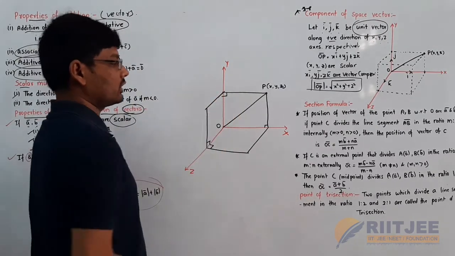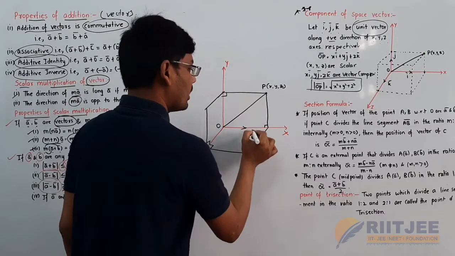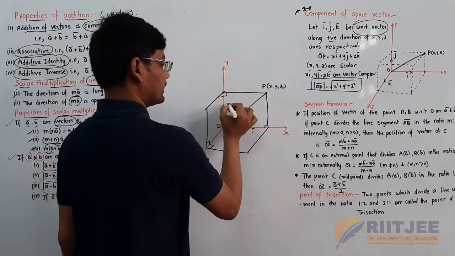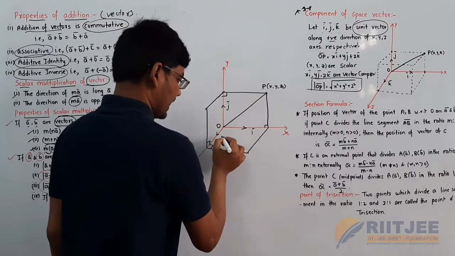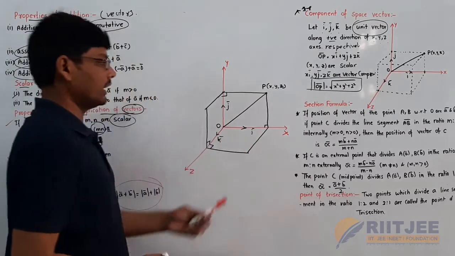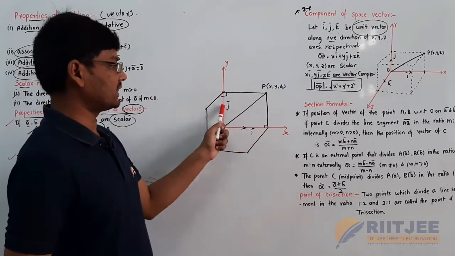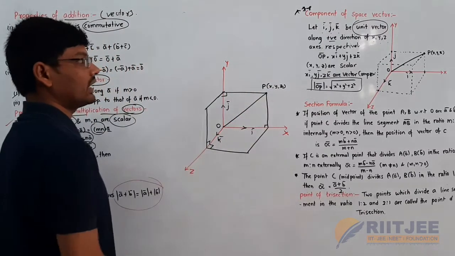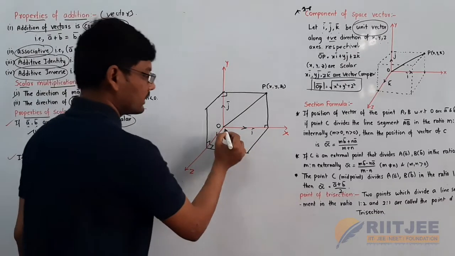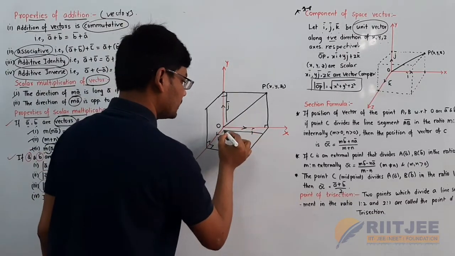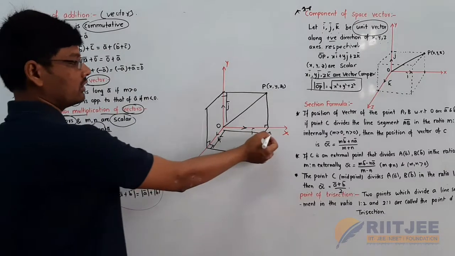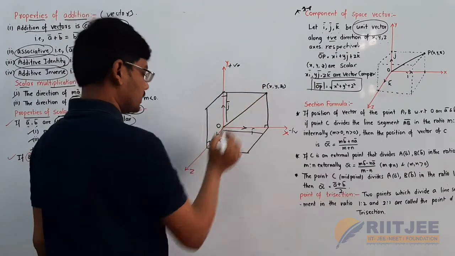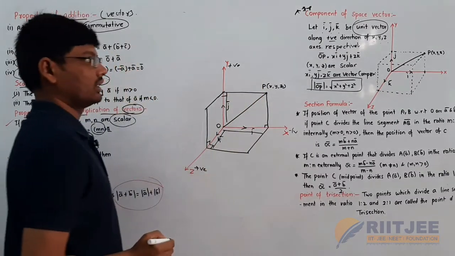Here the perpendicular distance to the x axis is in the direction of i bar, next in the direction of the y axis is j, and in the direction of the z axis is k. These are directed lines. So OP is a vector where i, j, k are unit vectors along the positive direction of the x axis, y axis and z axis.